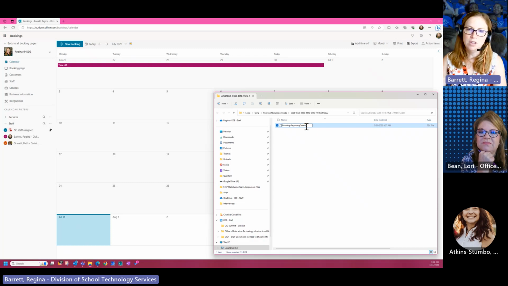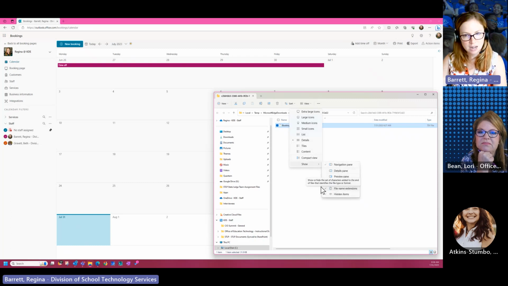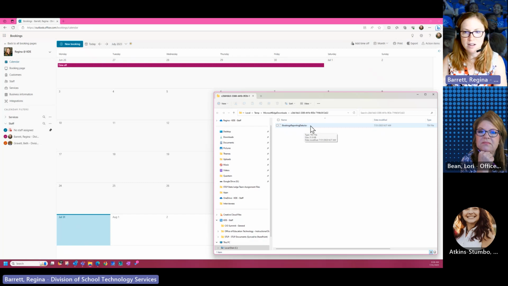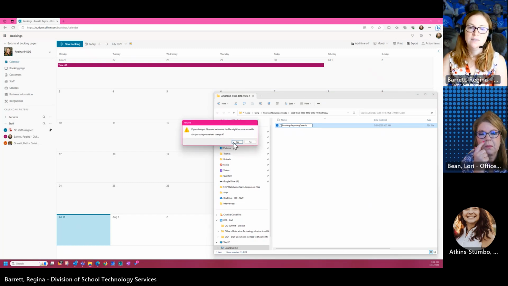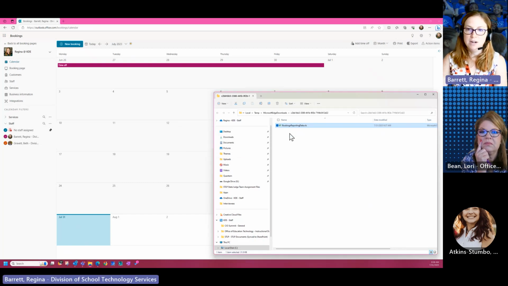I can certainly walk you through these steps again, but what you do basically is come up to your view and make sure that you're showing file extension names so that you can see the dot TSV or XLS or whatever that is, because then you can edit it. Normally, you never, ever, ever want to edit the file extension, but in this case, you do. You want to change it to XLS, and then you can open it.